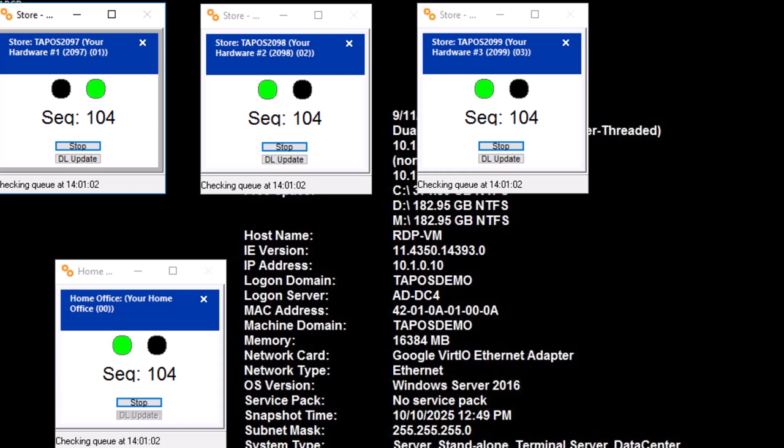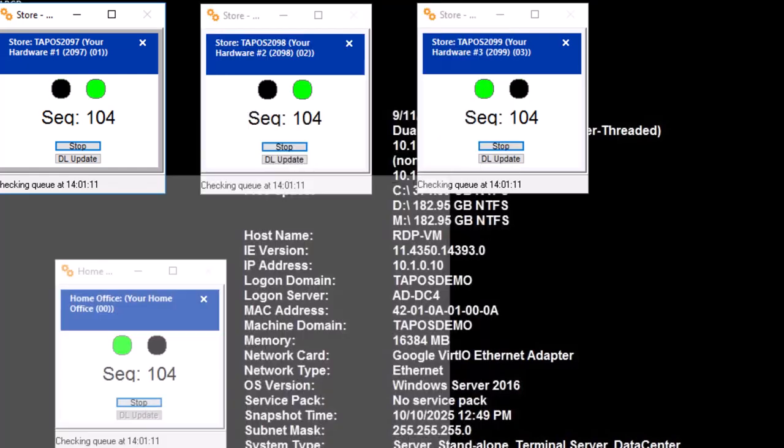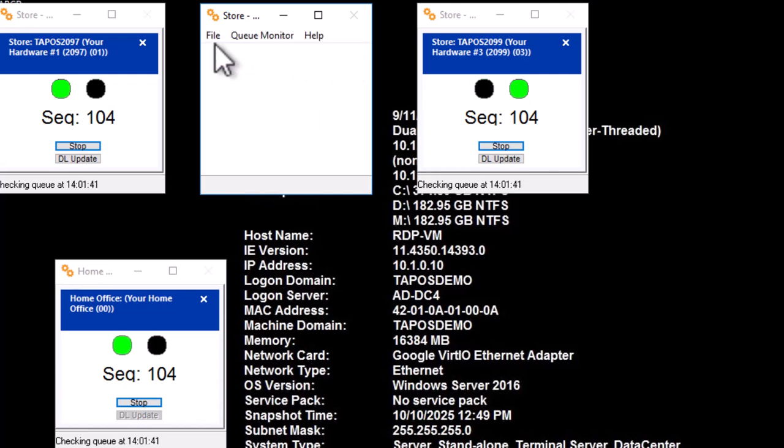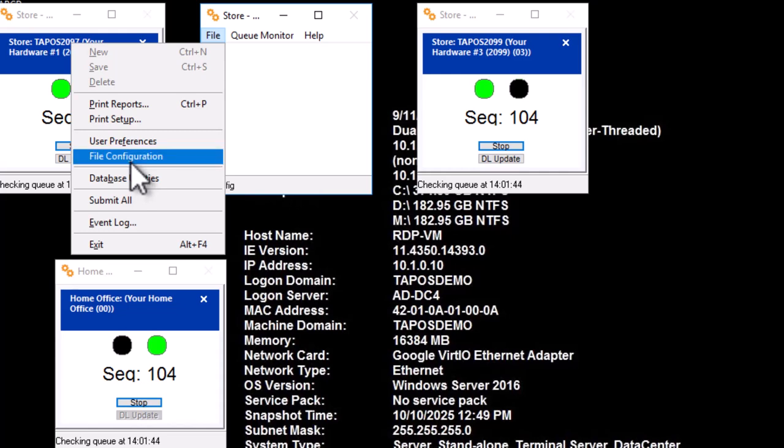Let me get the setup of my multi-store environment understood by you first. What you see here is a virtual demonstration site for the multi-store environment. Each of these multi-stores is representative of an individual local store. This bottom button is the home office. So correlating to the diagram we just saw, the configuration at store 2 is different than the other stores in that under file configuration,